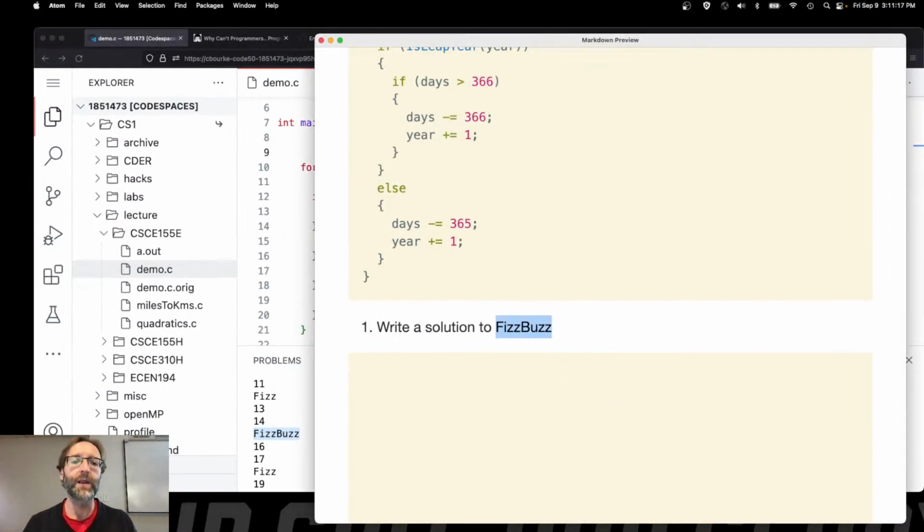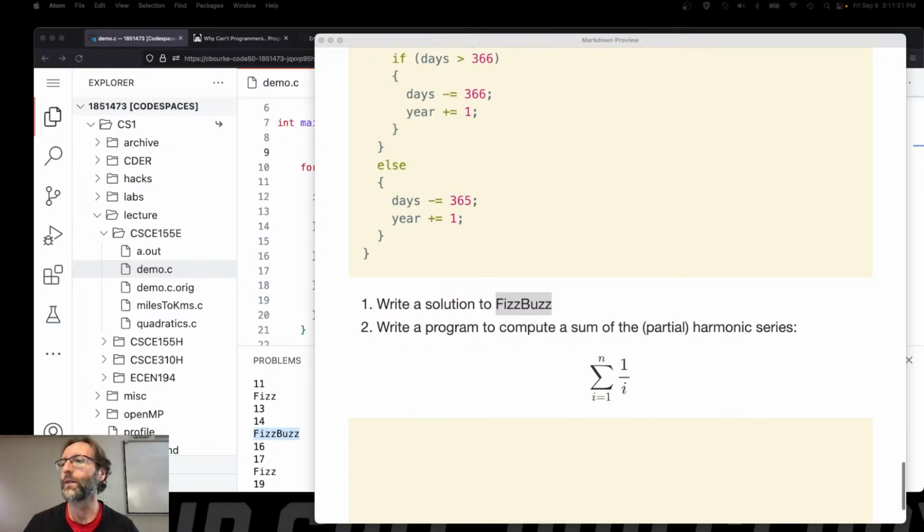All right, we have enough time to get started on another one. This is more mathy. Write a program to compute the sum of a partial harmonic series. What is a harmonic series? It's, as I've written it here, it's equal to, there we go. Frac is fraction, not the,